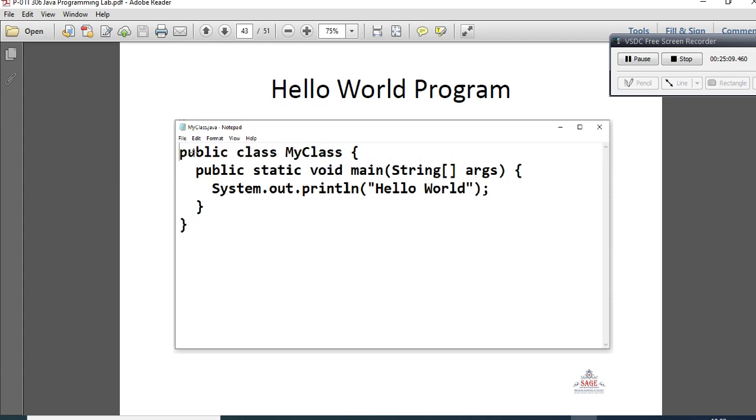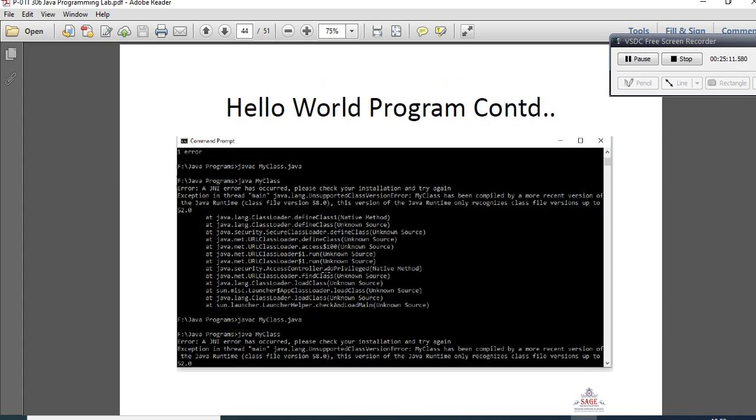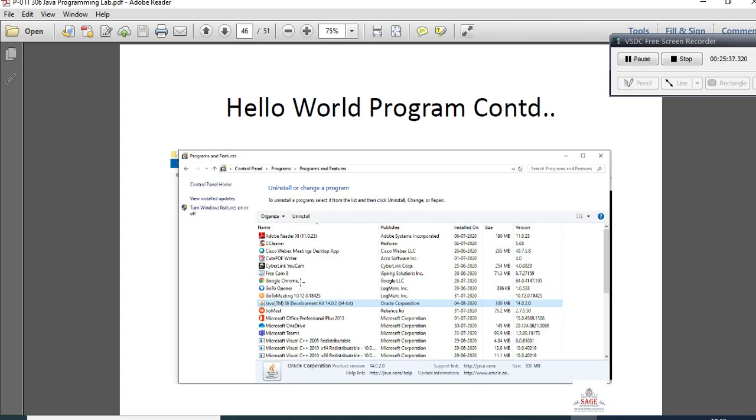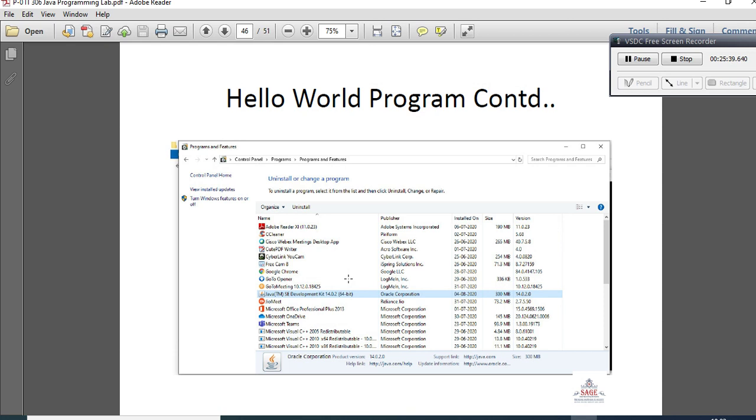Okay, now I saved my program with my class name, and here now one more error is there. When I compile the program, my program has been compiled successfully, you see. But when I run the program, at that time I found an error, that is a JNI error has occurred. Maybe this error may be in your system, it can be possible. So every possibility can be entertained. So here I show how I rectify this error.